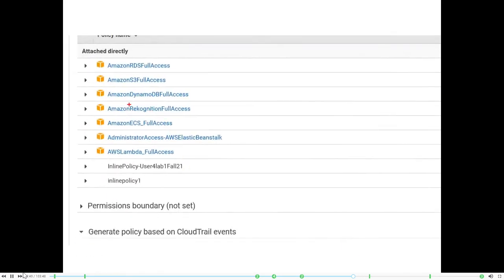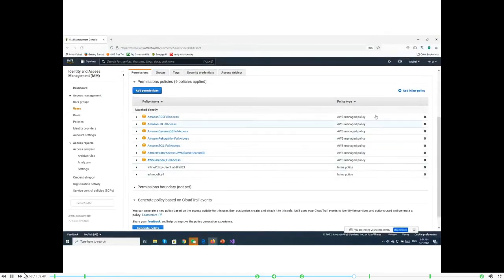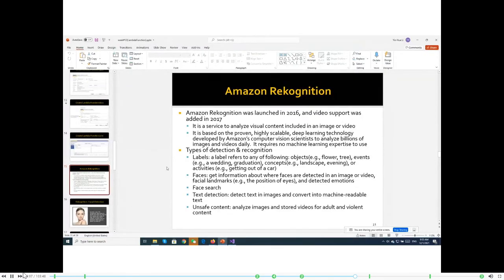I already added Amazon Rekognition Service here. I just simplified it, it is for full access. Just add this permission there, because otherwise you will get an error message: you are not authorized to access this service. Okay, after you've done that,